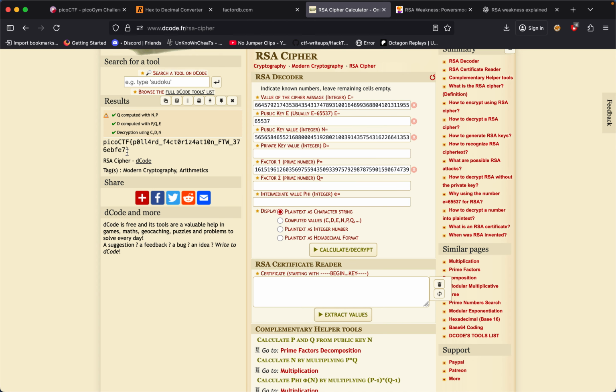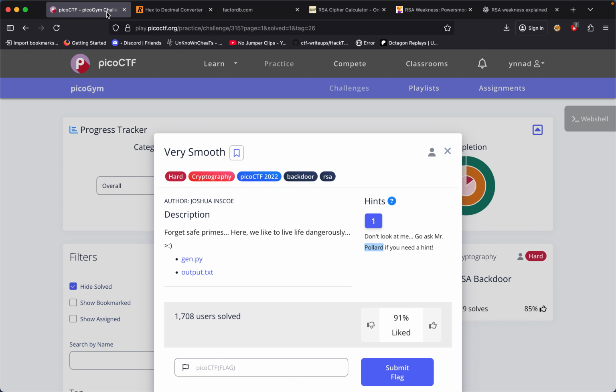It says here, picoCTF Pollard's factorization. It says Q compute with AMP, D compute with PQE, decryption. So yeah, let's copy this and submit it. And that should be it for this challenge. And yep,